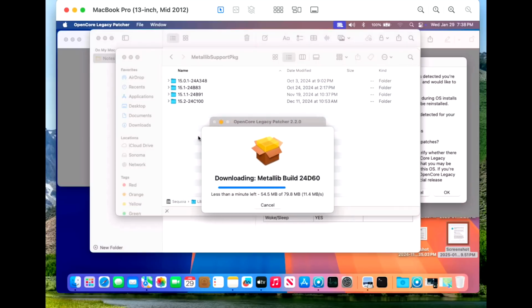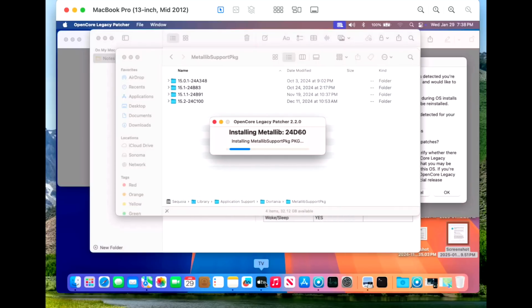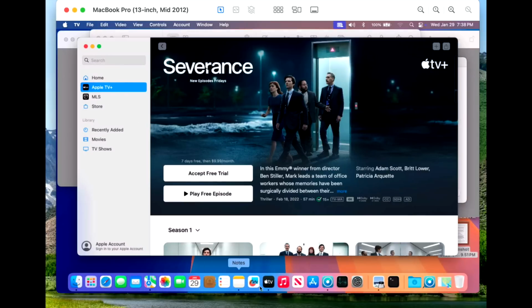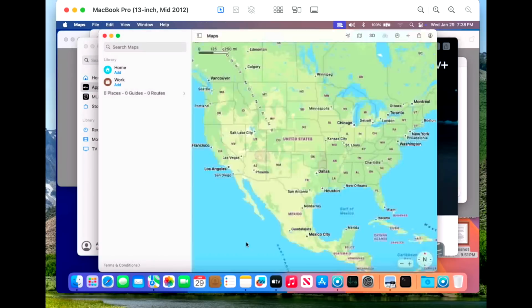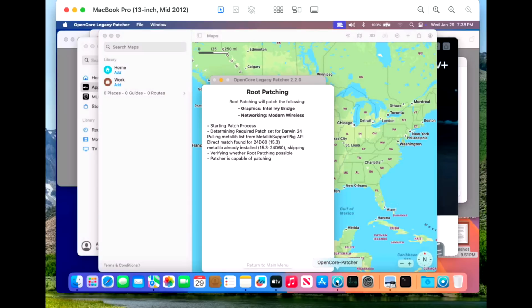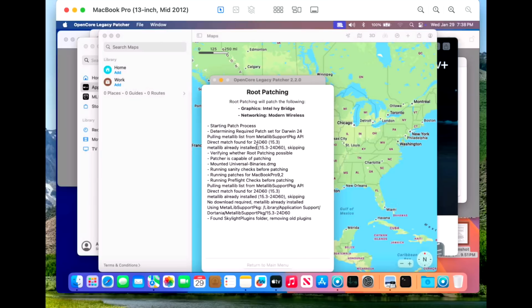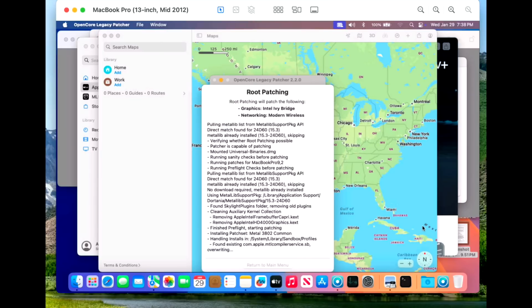We'll install those patches. It'll be fully updated. We'll reboot. The Apple TV app is working on here. We've got Apple Maps working. And we're almost to the point where we're at non-metal. So 2012 is that cutoff where it's the metal GPU, and 2011 and under are going to be some of the machines that start having graphical problems like maps not loading and stuff like that. We will let this patch here with the latest version of MetallibSupport package, but everything else looks a-okay on this